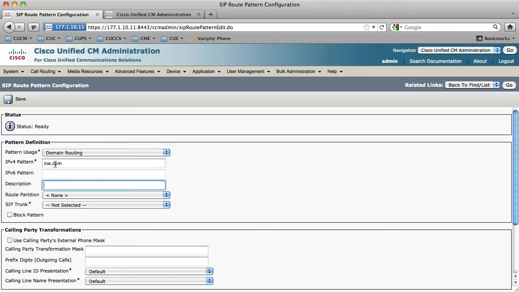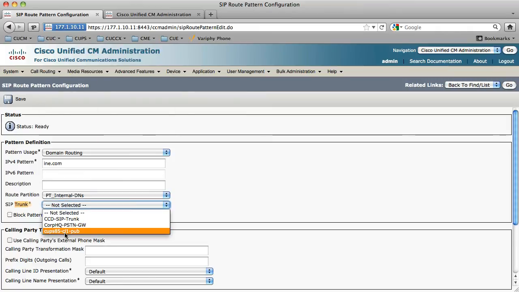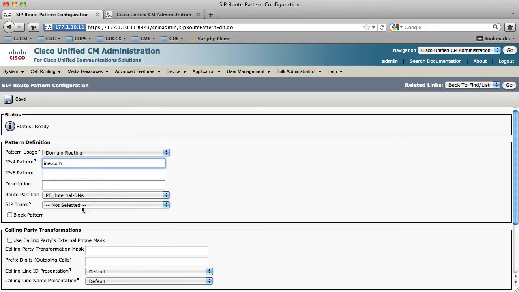And I need to have a partition, of course, and I'm going to send that off to a particular trunk. Okay, maybe it's a trunk connected to my branch 2 site or something like that. But whatever SIP trunk that I have set up, and on the other end of that SIP trunk is something that knows how to route at ine.com,